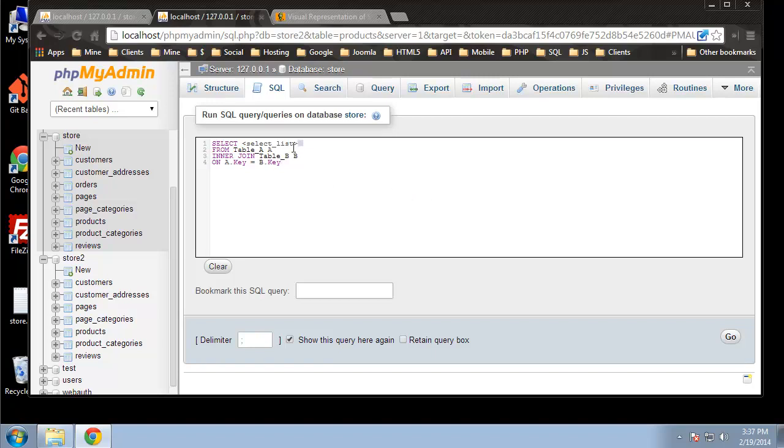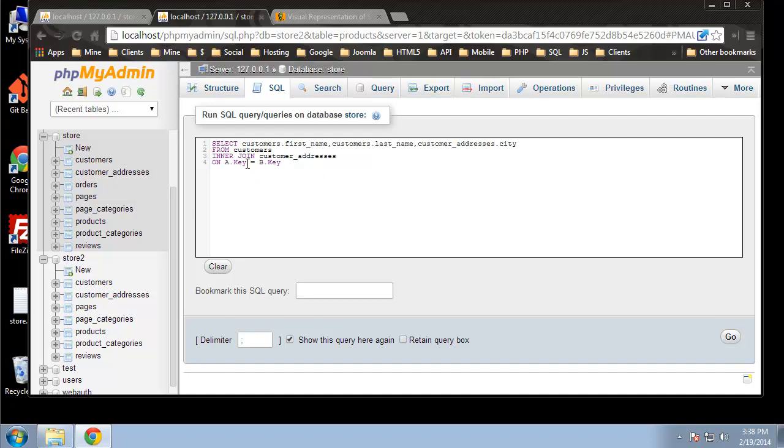All right, so let's change this here. We're going to say select. Now we could use aliases here, but we can also just use the table name. So we can actually say customers.first name, and then customers.last name, and we're going to select this. Oh, we need one more. We need our city, which is in customer addresses.city. All right, and we're going to select from customers, and we're going to inner join customer addresses,